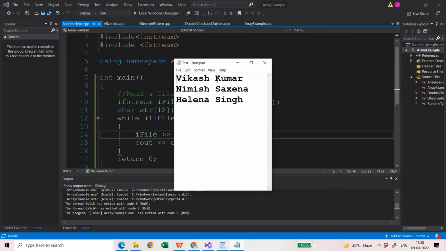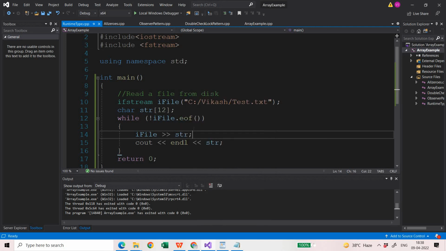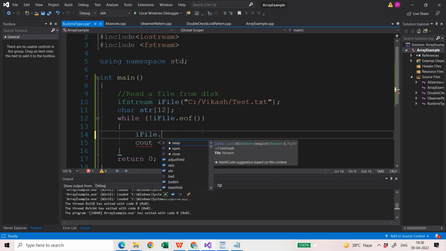One line, this Vikas Kumar is one line, so I want to read this one line in one go. Then the second line Nimish Saxena, and then the third line Helena Singh. So I'm just going to read them one by one, line by line. So if you have to read the contents line by line, then what you can do, first of all, in